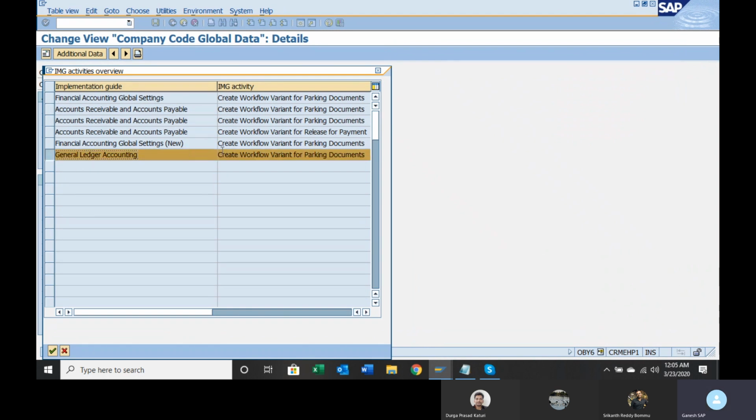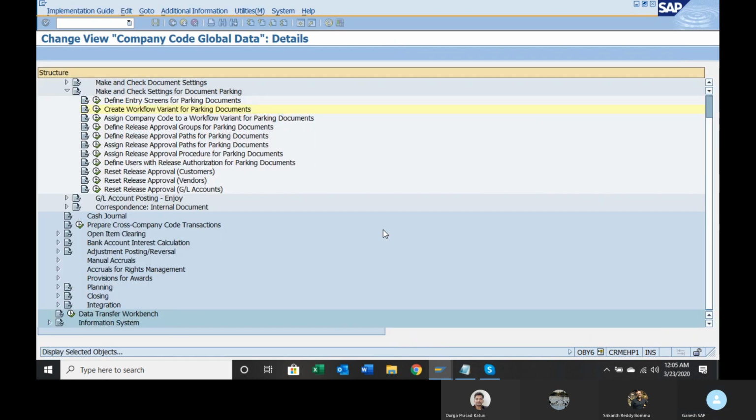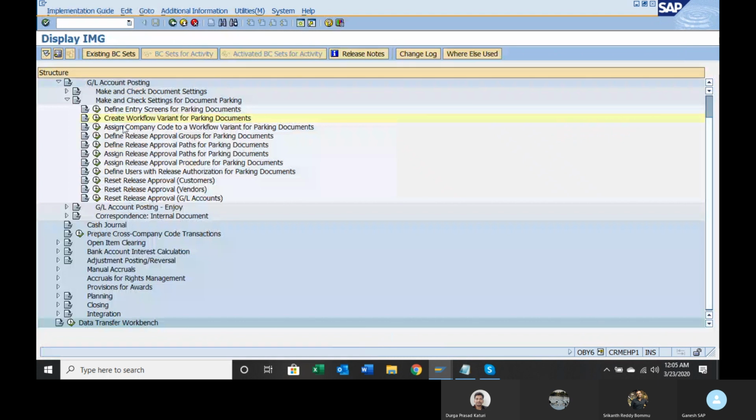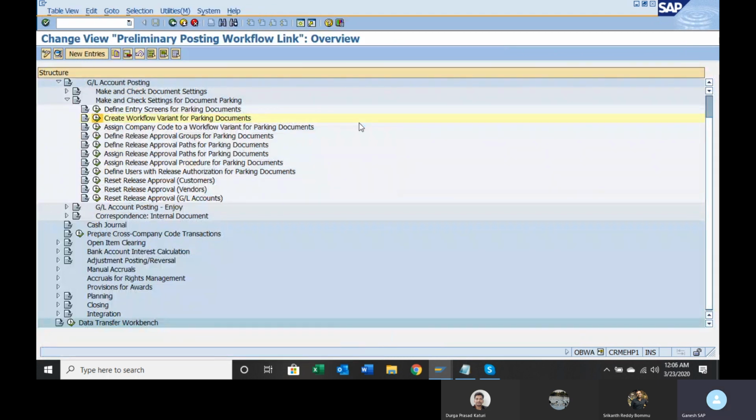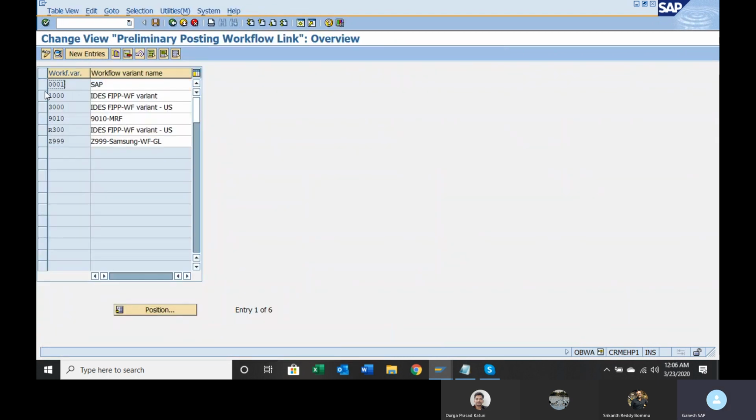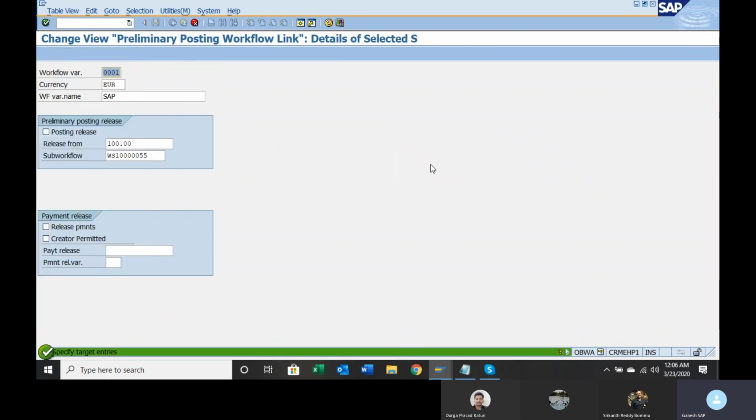General ledger accounting. Create workflow variant for Park documents. Click on create workflow for Park documents. So you can copy 00012 to 1710. Currency is INR. Workflow name Park document workflow.